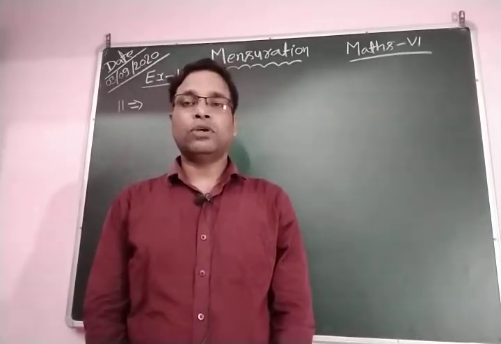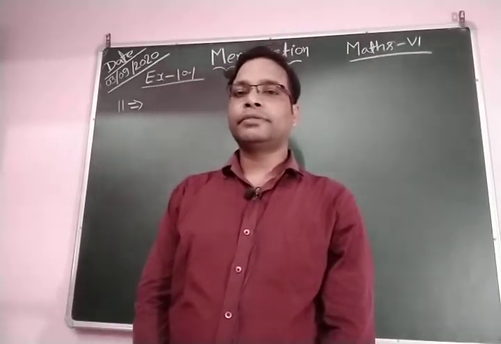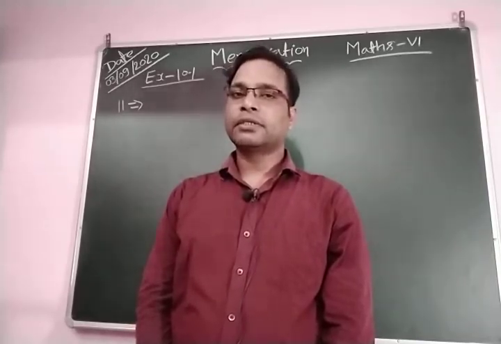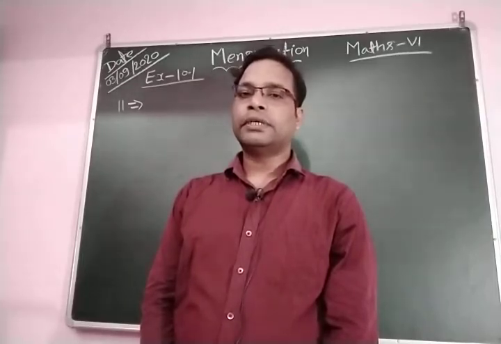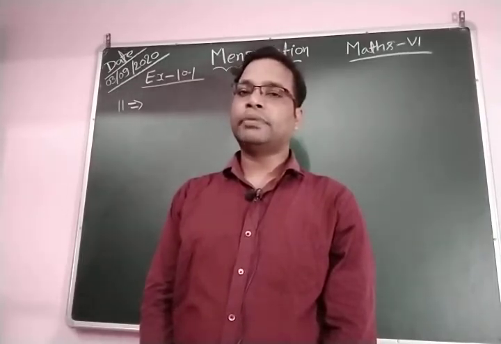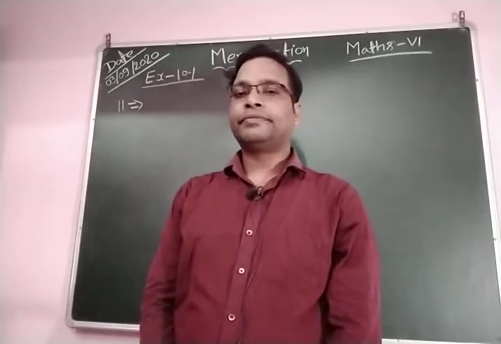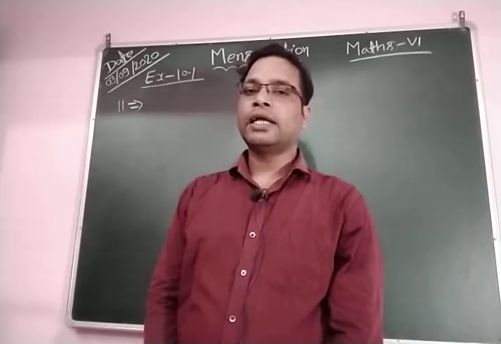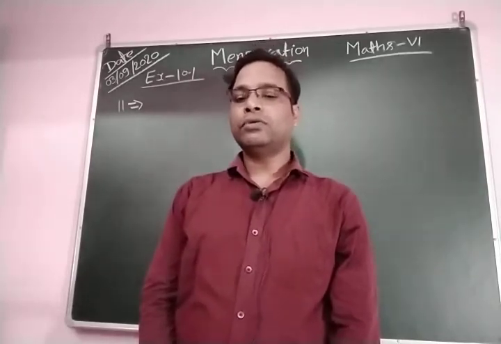So student, I hope all of you know how to find perimeter of square, perimeter of equilateral triangle, and the perimeter of regular hexagon. We use the formula to find the perimeter of the given plane figure, and we find the side of square, equilateral triangle, and regular hexagon. So let's see how to do it.